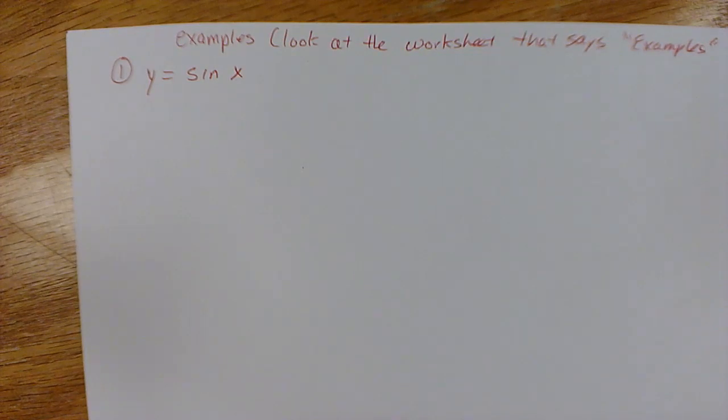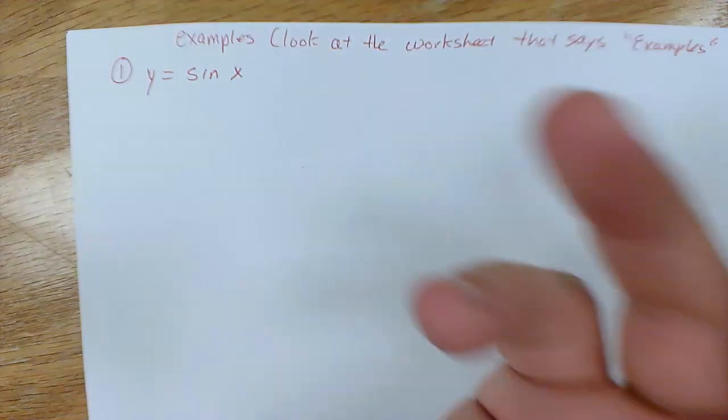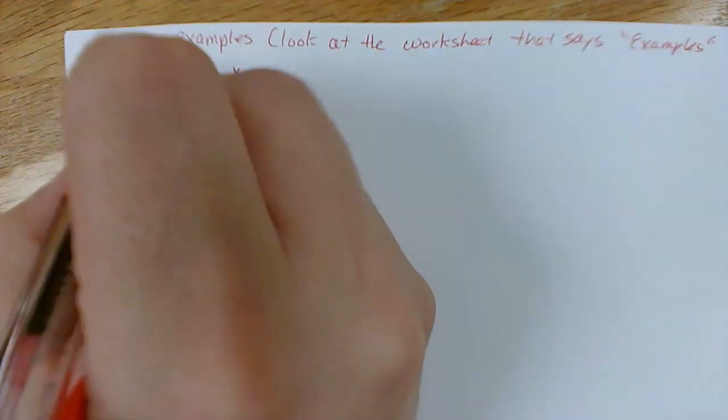So guys, for these examples, I'm going to assume you're looking at this, so you need to look at the example worksheet. So list the amplitude, period, domain, and range of each function, then sketch the graph of the function over one period. Probably should wait to ask for domain and range after you do the graph, but hey, mistakes happen. So based off the formula we had earlier, we're going to figure out what our letters are going to